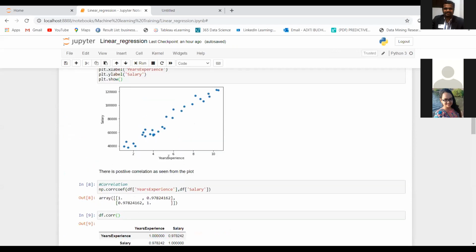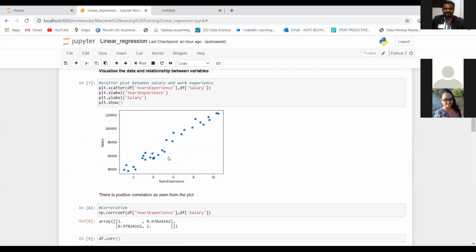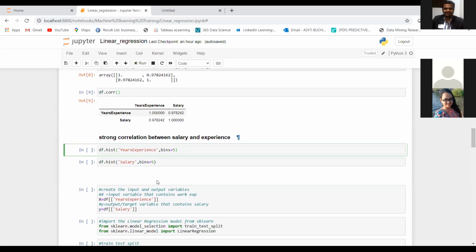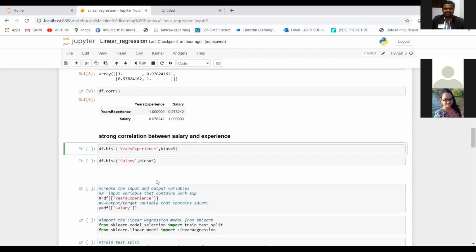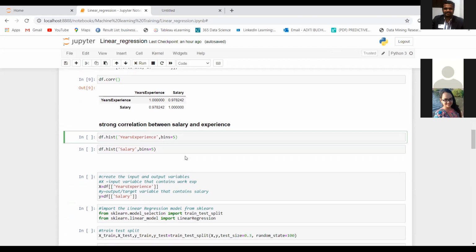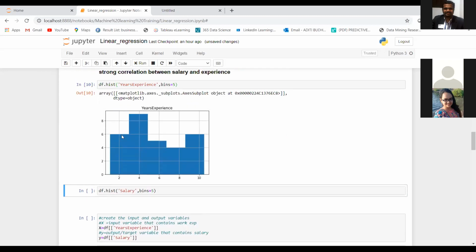This is also known as bivariate analysis, because we are using two variables in our analysis over here. You can also do univariate analysis, which involves only one variable. Here we are first plotting the histogram for years of experience to see the distribution.